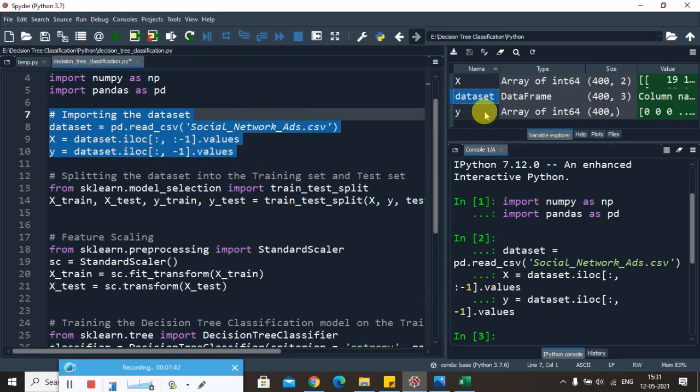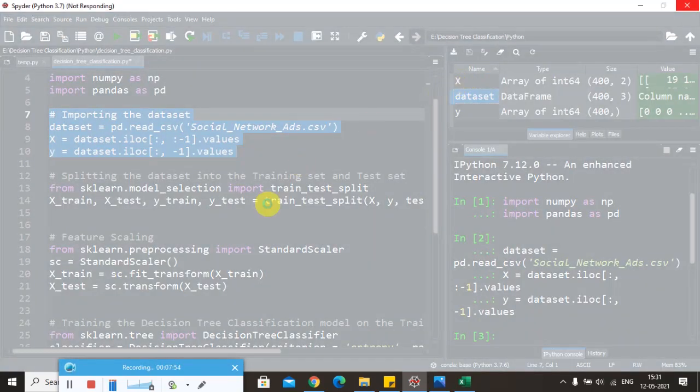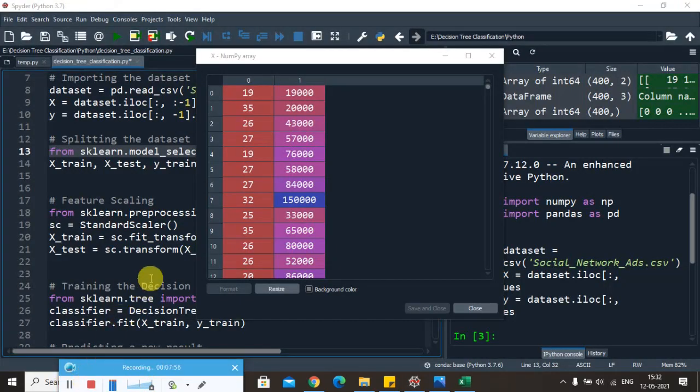Okay, so now we'll split that data into x and y. After we do that, we can see the variables we got: the independent variable vector x and the dependent variable vector y. We can see clearly here the independent variable vectors for the age and the estimated salary.